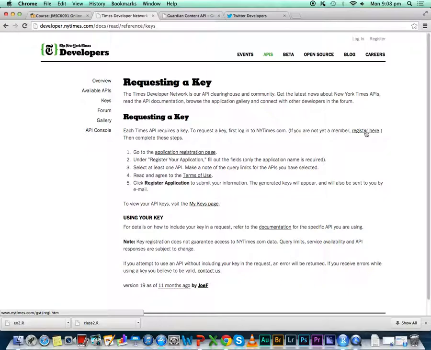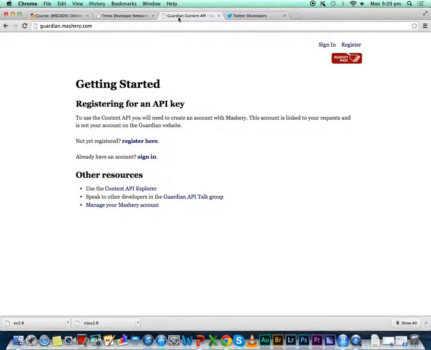Another one is the Guardian, which has the same request for an API. I want you to apply for this as well, to save some time for next class. I will send the link through Moodle, and please make sure you get an account registered, because you need to type some things and confirm the email, so I want to save time. So next week we'll use the New York Times API to get New York Times content,